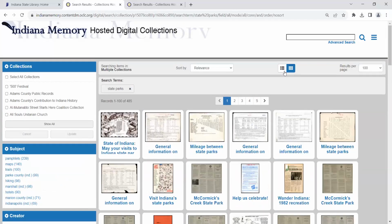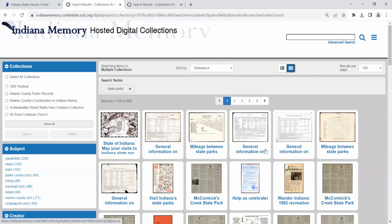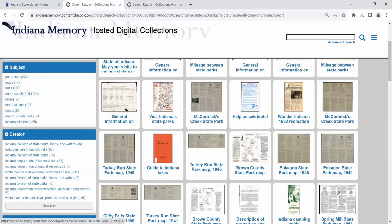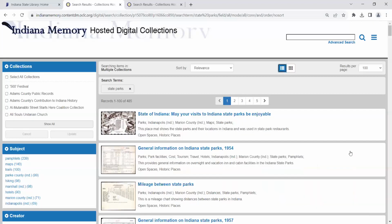Personally, with a lot of these collections, I like to use this view. The reason I like to use this view more than this view is that this one cuts off the title, so you don't always get to see the title. This would be good if it was just visual and you were looking for images. Then you can see the images a little bit quicker. This way you get the full title. For example, that one just said general information on, so it continues on to say Indiana State Parks,